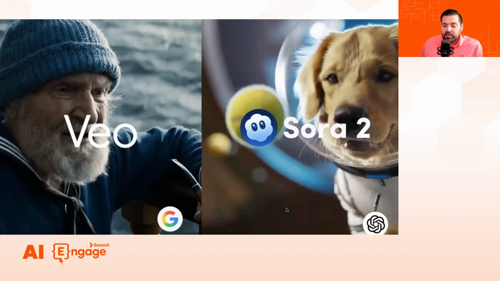So what we're going to look at today is two different models, VO3 and Sora 2. Sora 2 just got announced and released last week. It's a huge step up from where it was. It now has audio as well, but VO3 broke into the market, and it's from Google, and Sora 2 is from OpenAI. VO3 broke into the market a little earlier this year, and it introduced voice for the first time. So we're going to look at both of these models. They're a little bit different in terms of capabilities.